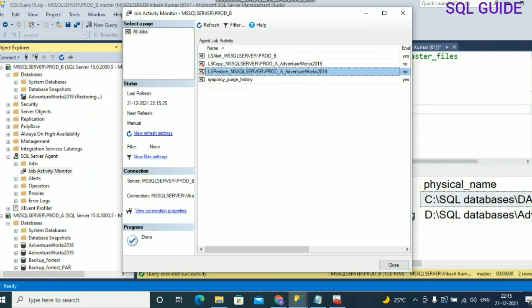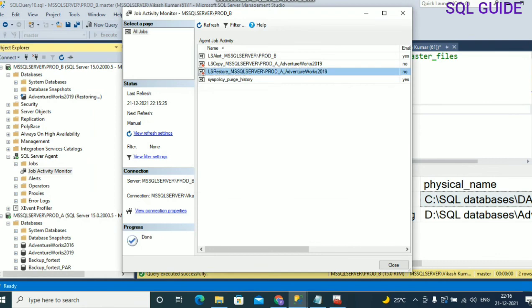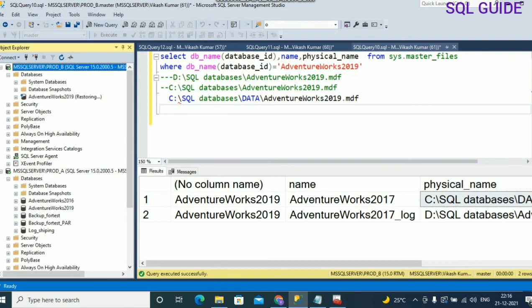You run this job to restore the log on the log shipping secondary database AdventureWorks 2019. Start the job and run it. You can see the job has been completed successfully. It means your file moved successfully and the log shipping configuration is running fine.